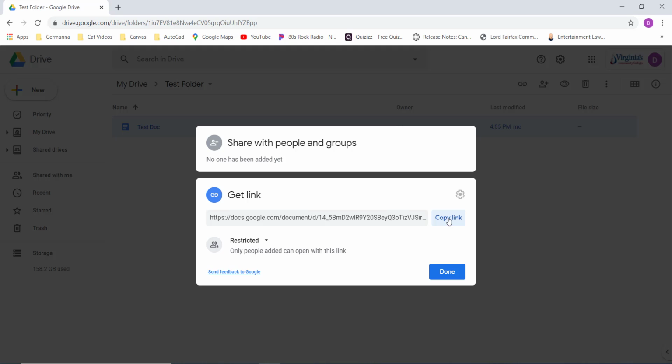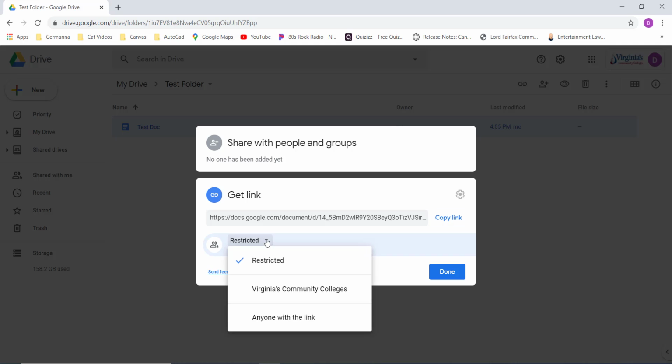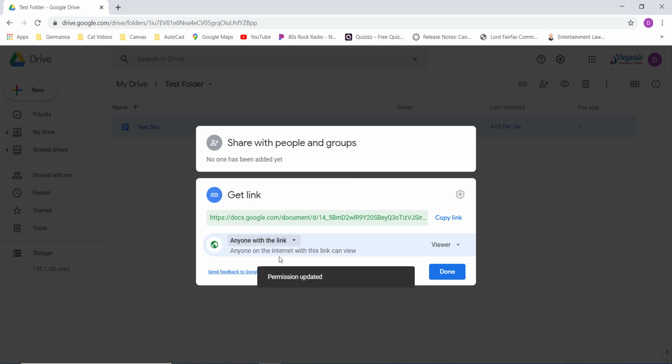and copying the link. Now, what I want to show you, this is important. If you notice right here, it says restricted, okay? So you're going to want to set your permissions. And if I click this little drop down arrow, I have the option of Virginia Community Colleges or anyone with the link. Right now, restricted, nobody with this link will be able to open this document. And because this is a Virginia Community College account, I have this option, or I can just say anyone with the link. So let's say I have some friends and I create a document here in my Drive. I can go ahead, click on anyone with the link, and then I can copy this link and send it